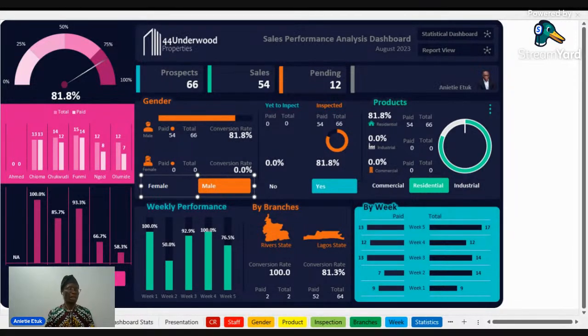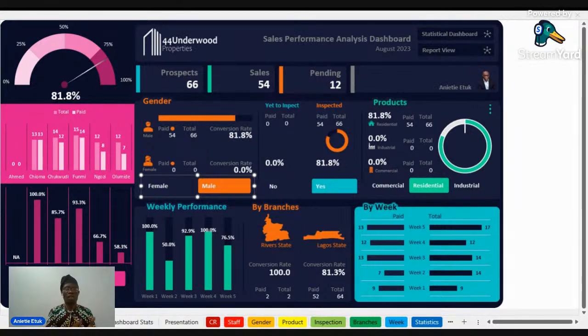Number 2, learn data cleaning and manipulation. We call it extract, transform, and load. Learn to clean data. It's a must. You must clean data. Number 3, learn to interpret data. You saw what we just did now, that we did not just focus on the performance of the sales team, but we saw something else from the data set. So you must learn to interpret data.